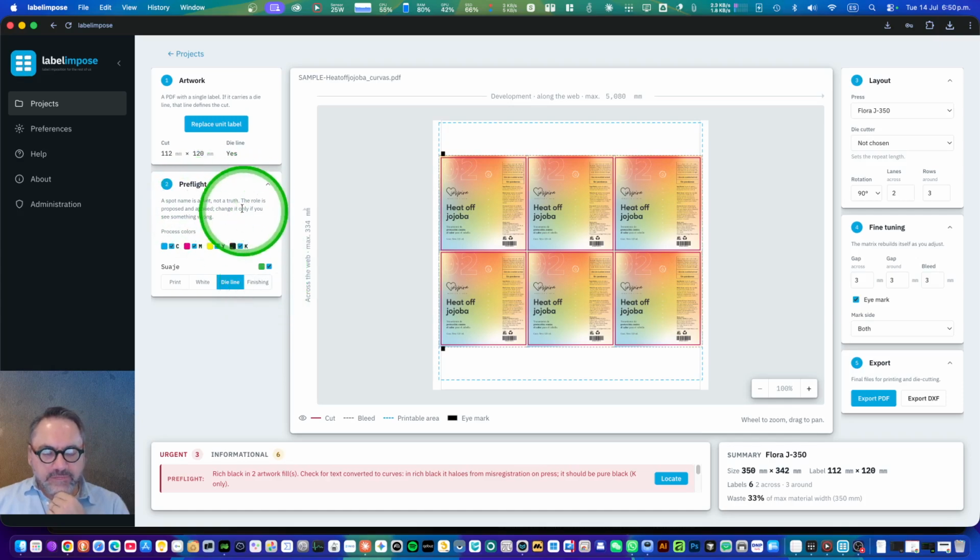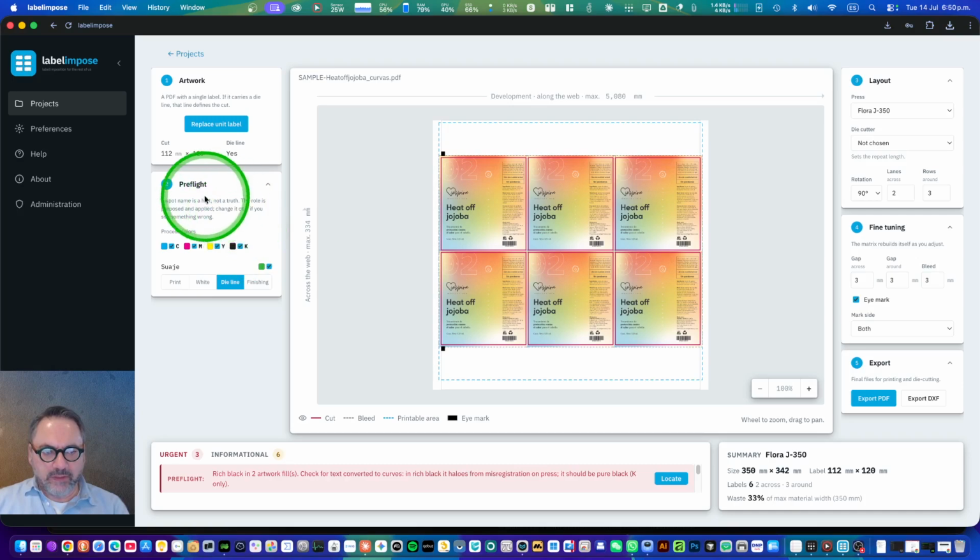Then we have the second step, which we call pre-flight, which is basically a set of rules and a set of tests that the system runs in order to understand potential problems with the file going forward.